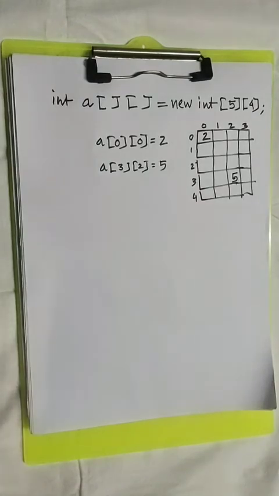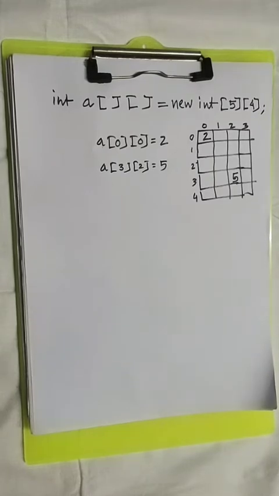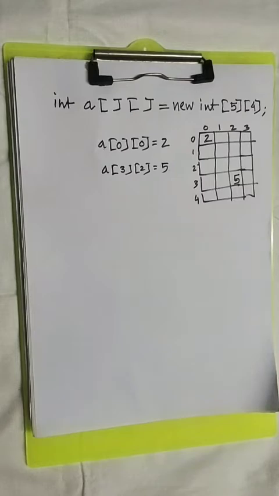This is how double subscripted array is created, and the first subscript, that is the left one, is representing row number and the right side one is representing column number. So A32 is 5. 5 will be stored there. Similarly, with string array also we can create a double subscripted array like this. We can create float, double, any type of variable array with double subscripted type.